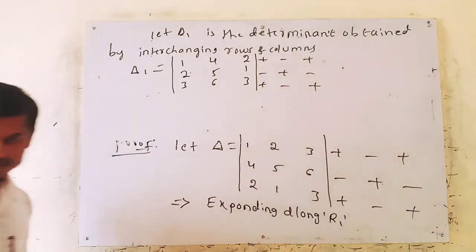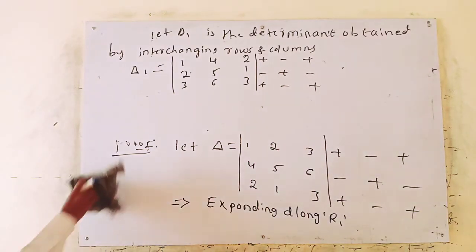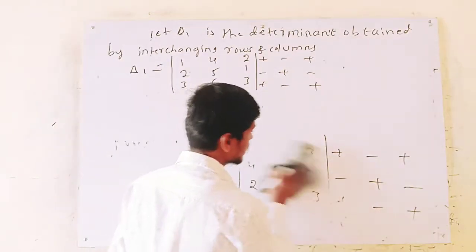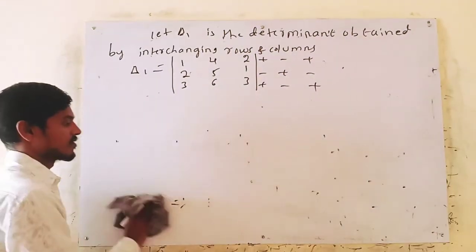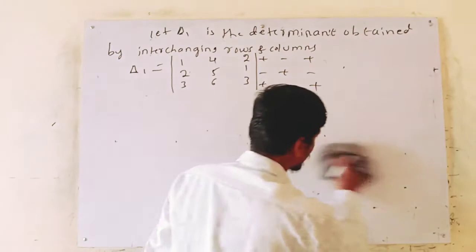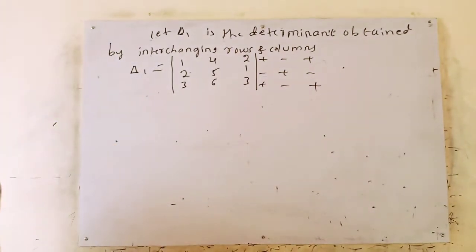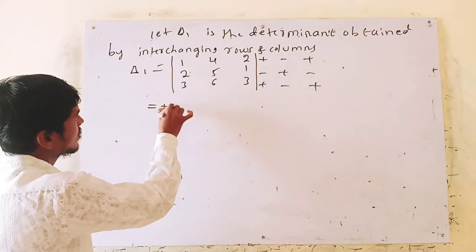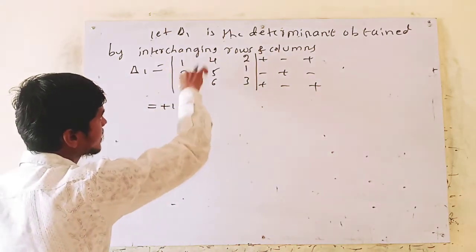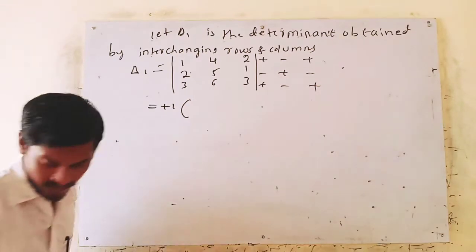Go for any, try to expand along any. No problem, I will expand along R1. If this answer is also equal to minus 9, then our property number 1 is verified. Evaluate this value. Expanding along R1, leave the elements along R1 and C1, this is the determinant of